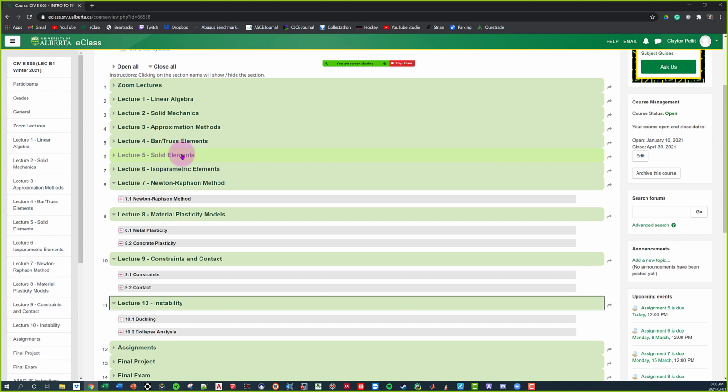Why do you think that is? Question for the chat. Why didn't we explore beam elements? I want to see if you guys have been paying attention. It's just a very little part in one of the slides that kind of hints why we didn't explore beams, but I'm curious what you guys think. Why do you think we didn't explore beam elements? Any takers today? It's definitely a difficult question. And it's the same reason why we're not exploring shell elements either. Shell elements will also be covered in this lecture 11, but again, we're not exploring them in the main lectures, and there's a specific reason why. No one wants to try and answer?